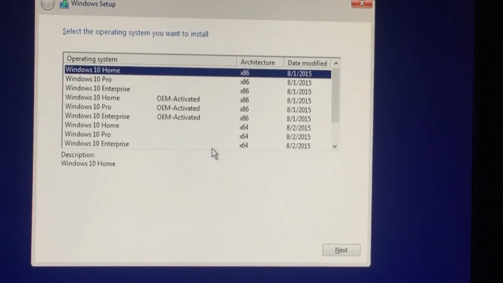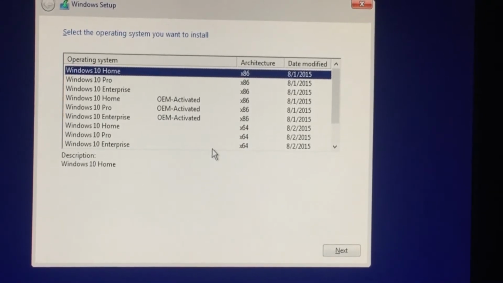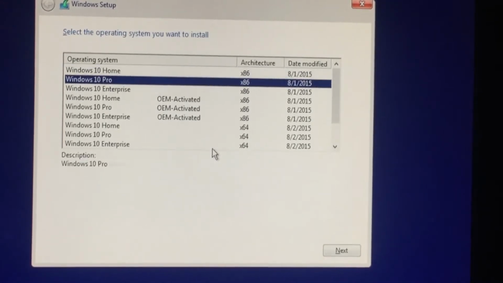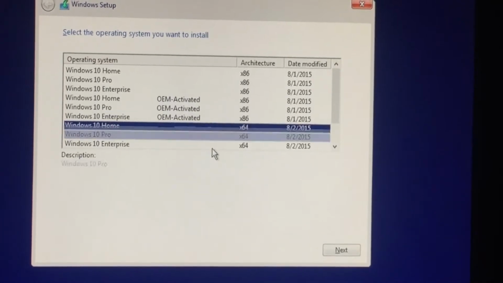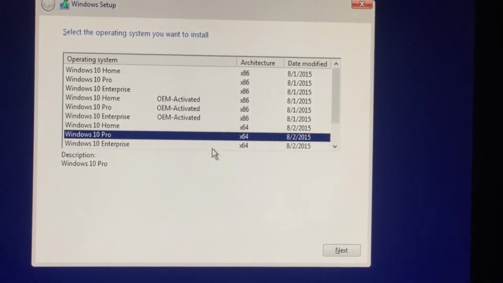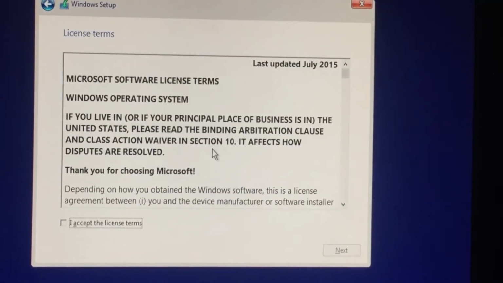So now I'm going to select which Windows I want to install. I'm going to go with 64-bit Windows 10 Pro x64, enter. Accept the license, next,